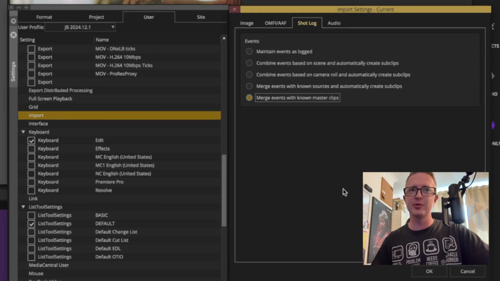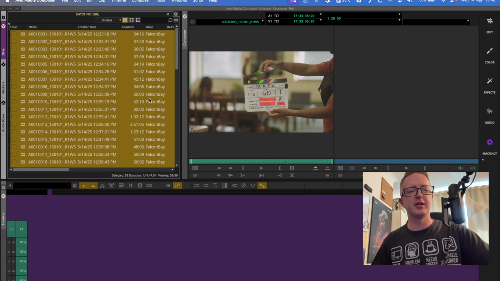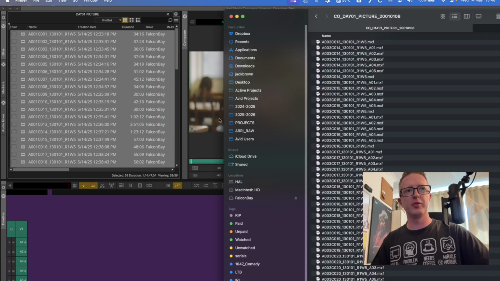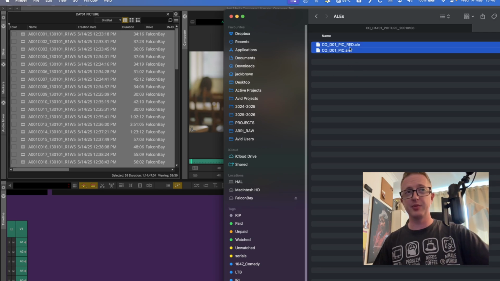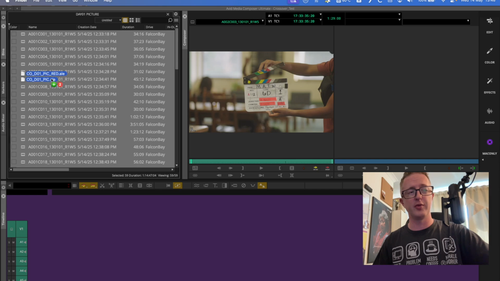So with that enabled, we'll hit OK, come out of my settings window, and then I'm going to open up my Finder, and I'm going to go to my ALEs folder. We have it right here. And I can actually bring in both of these ALEs at once, since I have both my red and my array footage all transcoded here, not all in together. And to do that, I just simply drag and drop these ALEs on top of the bin with all of